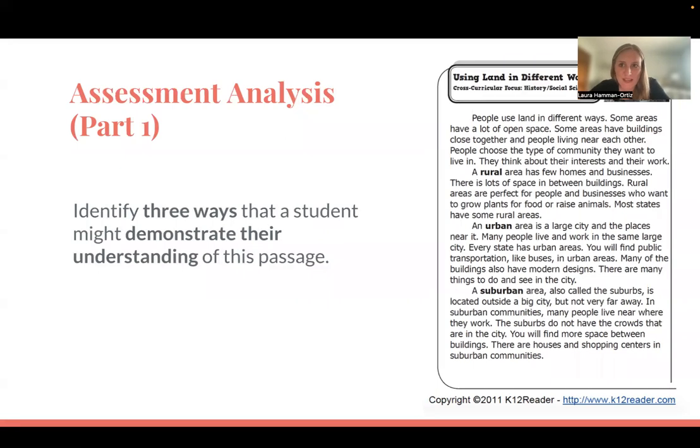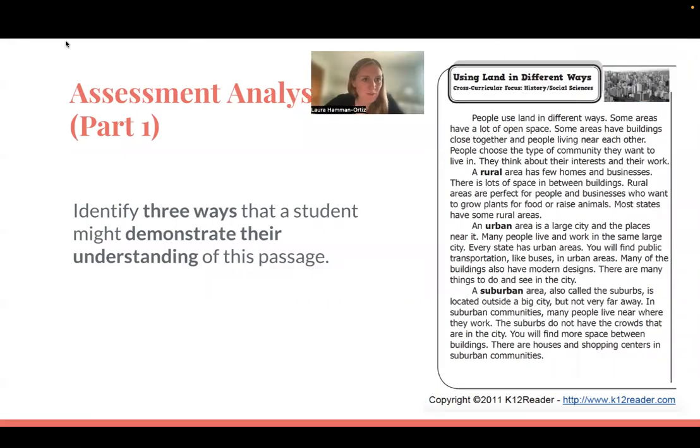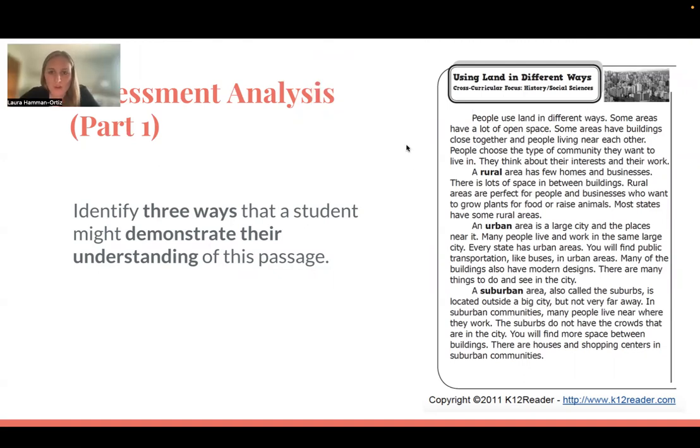So here you see a text, I'll see if I can move my video a little bit, called Using Land in Different Ways. This is an elementary text, so probably third grade, second grade, focused on social studies. And it's a text that talks about rural, urban, and suburban areas. This is something that I taught with my students when I was teaching second graders. So they can think about these different types of communities, and it gives them some information about rural areas and their characteristics,